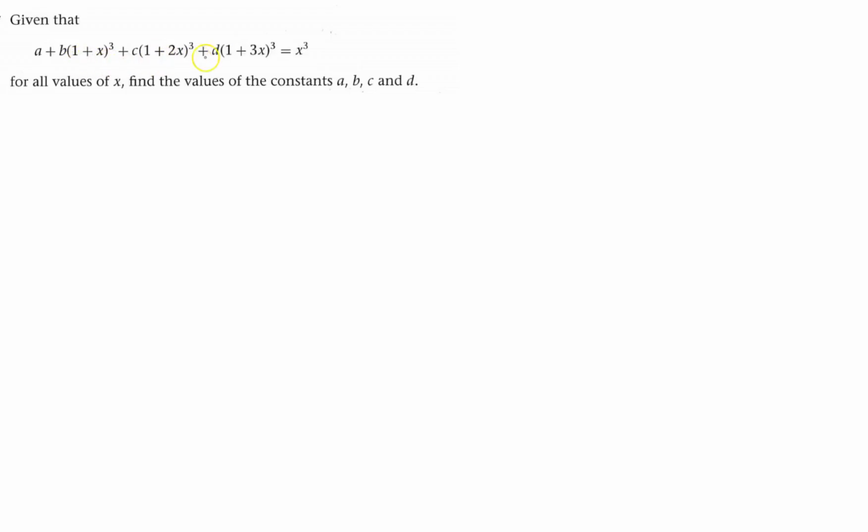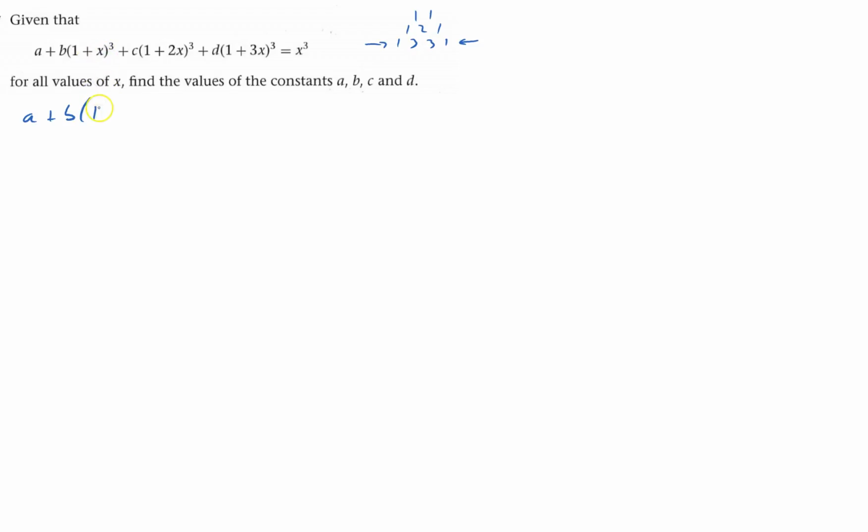I've got to expand these brackets with cubes, so I need to know what sort of 3c1, 3c2, so 1, 1, 1, 2, 1, 1, 3, 3, 1. That's the row I'll be using from Pascal's triangle to speed it up. So this is a plus